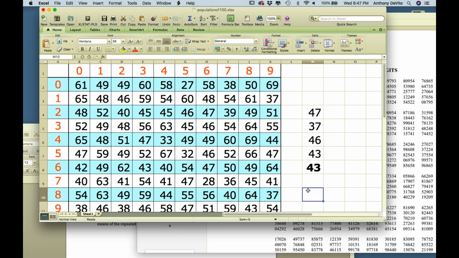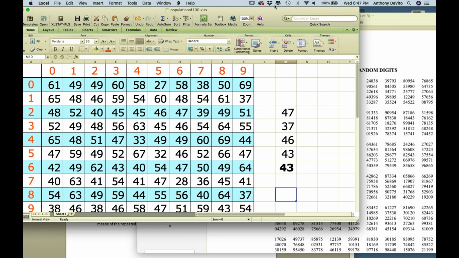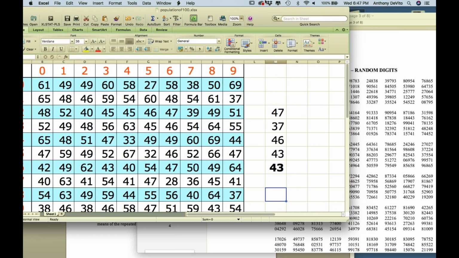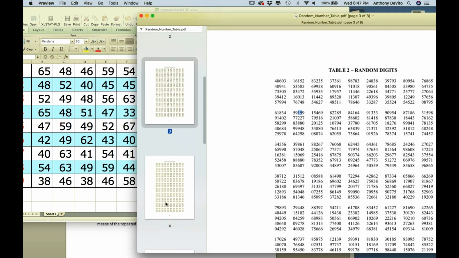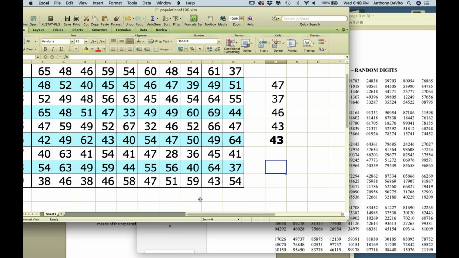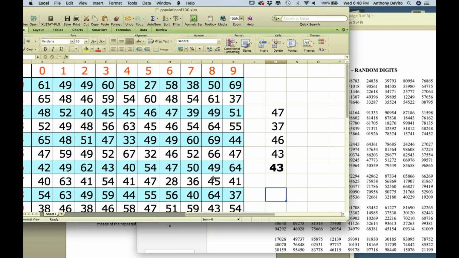I'm going to ask you guys to do the same thing a couple of times. So do a sample of 4: I randomly go through this, randomly choose 4 numbers from this population, find the average, and then give me your result. Okay, so I'm going to go on to the next. I'm going to try it again. 38. Okay, you guys at home do it too, and then type in the number that you get.